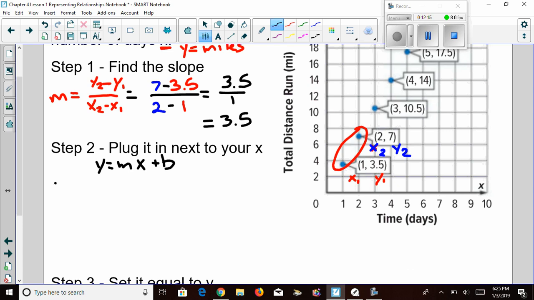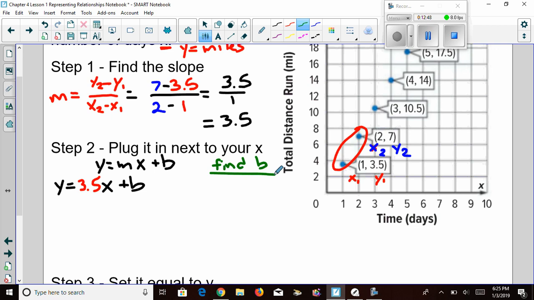So it's going to say y equals 3.5 times x plus b. And now we're going to need to figure out how can I find that b. In order to find b, the y-intercept,